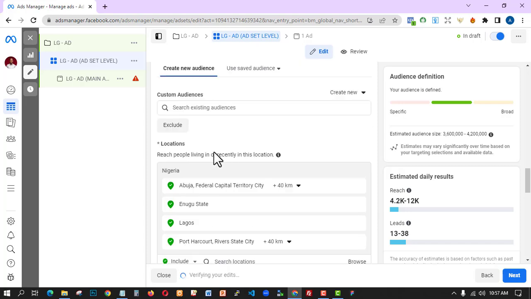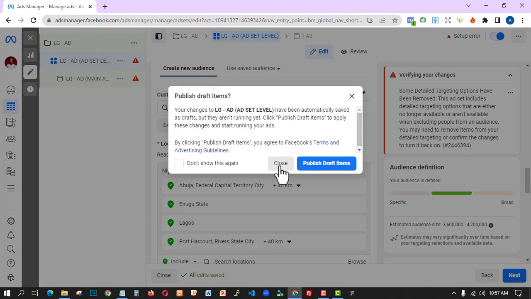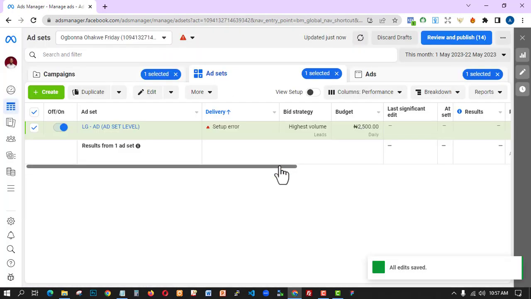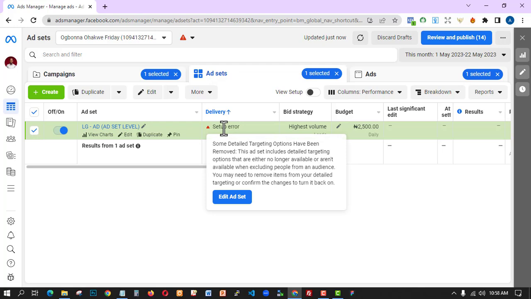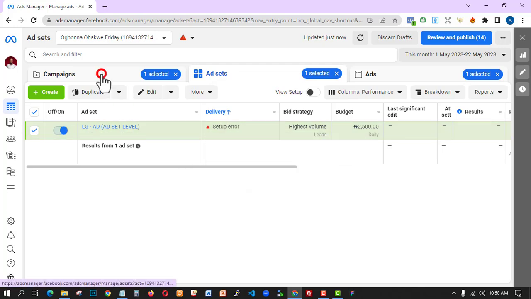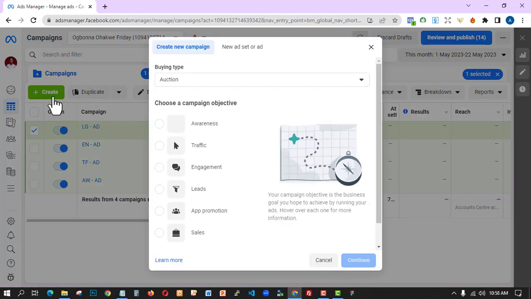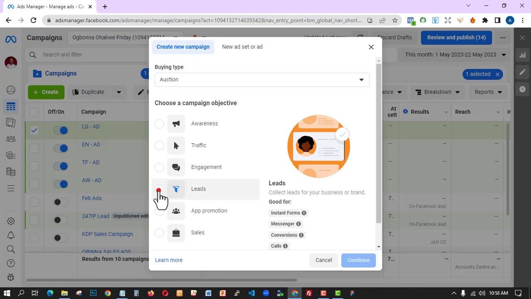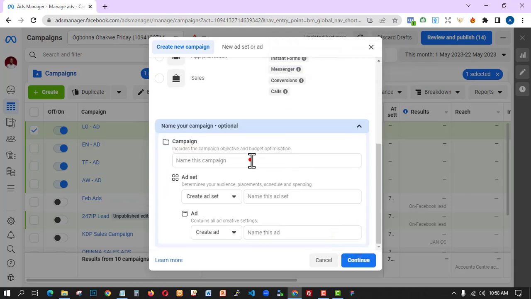Choose your own state. Now let's go back to the ad creations tab so that we can select another one that we can start running an ad for. What I'm going to do now is leave this setup error, because I have already removed the error here. So what I'm going to do next is click on create, then I'll select lead generation. Now I'm going to go for another lead generation, maybe websites or something else. Just say lead generation